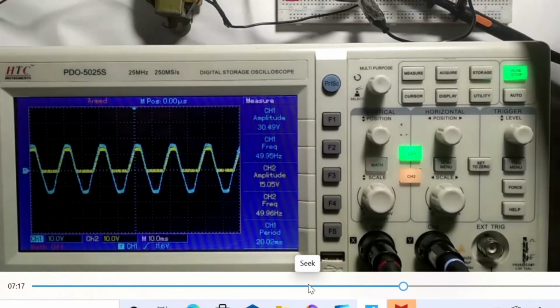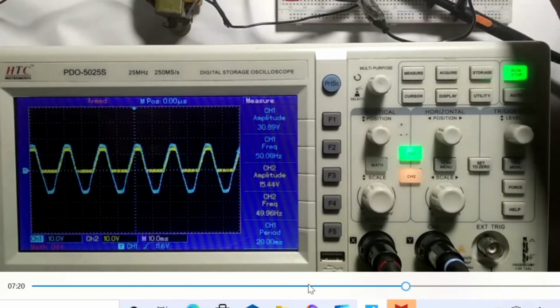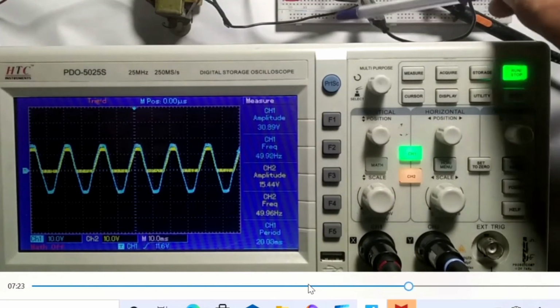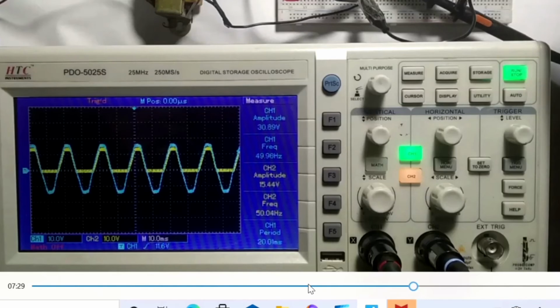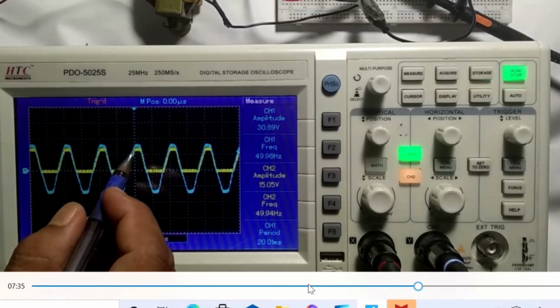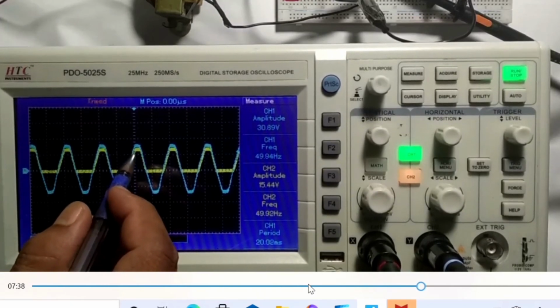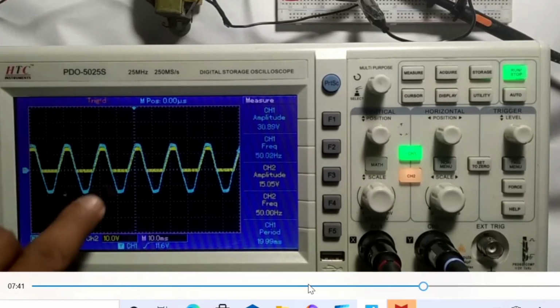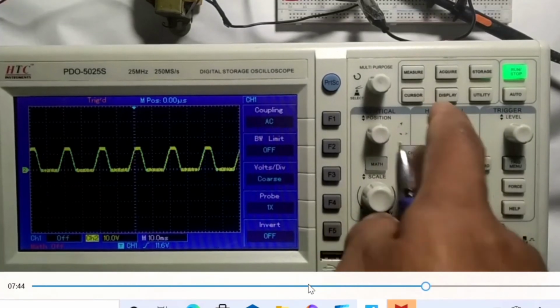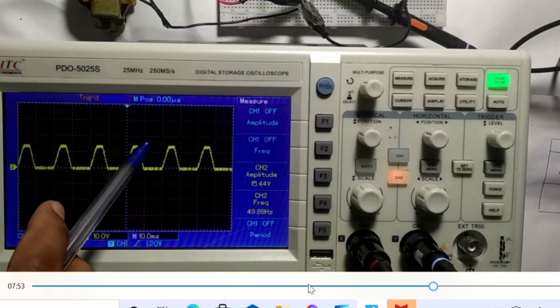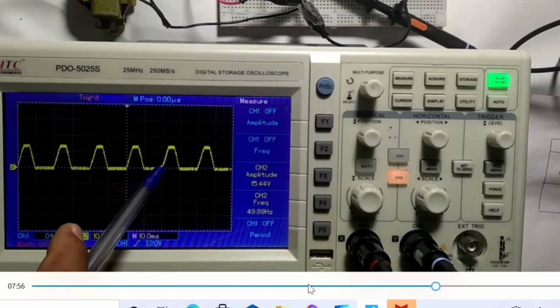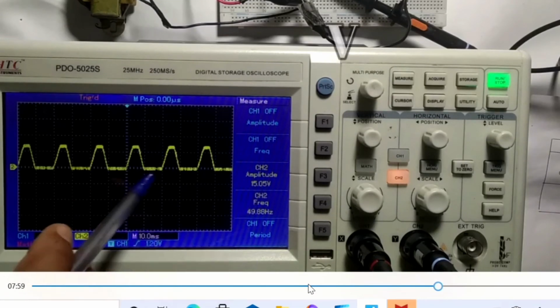Higher input, lower output. This minute difference is due to the silicon diode. Because of the silicon diode, we have a 0.7 volt drop. Because of that drop only, we have a peak amplitude difference between the blue input and the yellow output, a minute difference of 0.7 volt. That's why the input AC sinusoidal signal is converted into DC, only the positive half cycle. Because of one diode, it conducts only during the positive half, and the negative half is cut off. That's why a rectifier converts AC into DC.